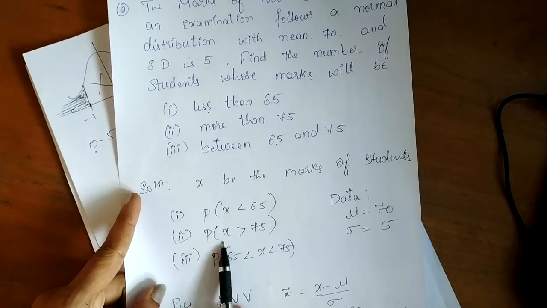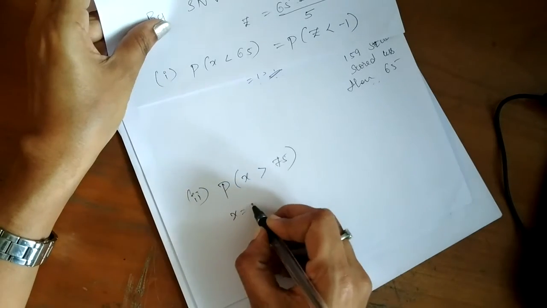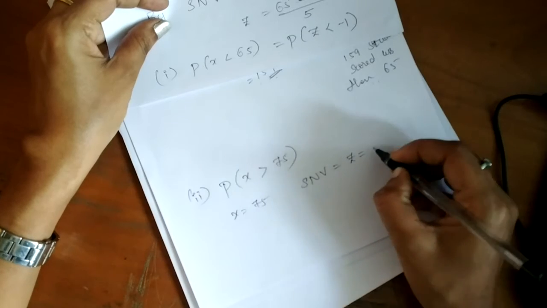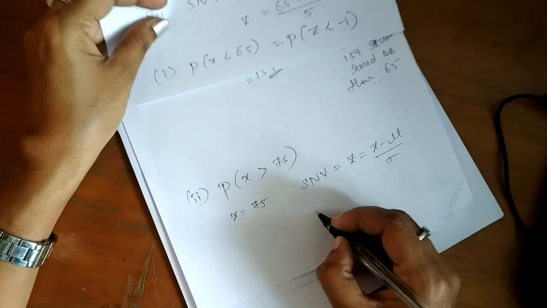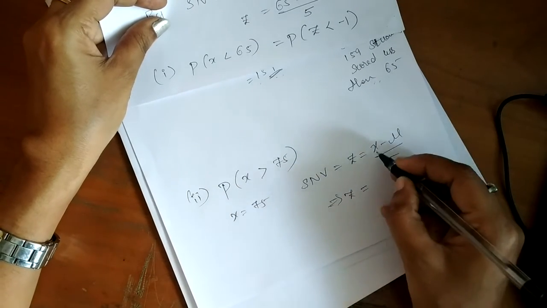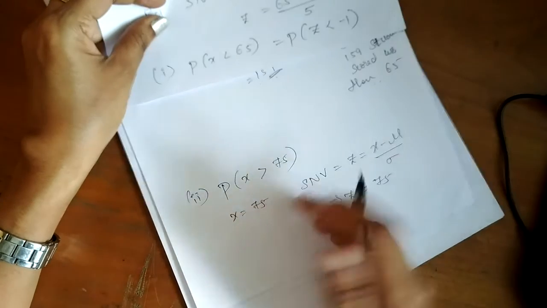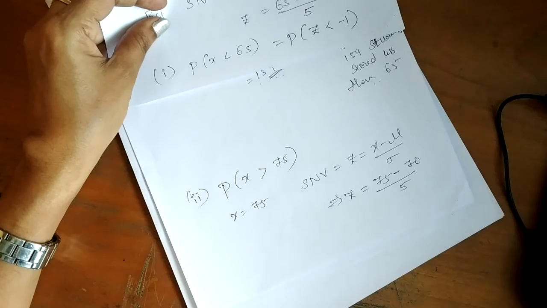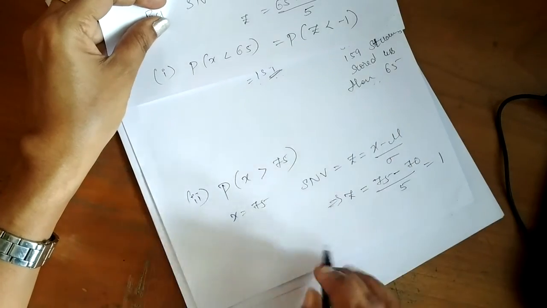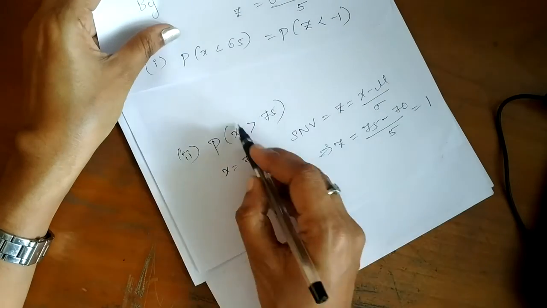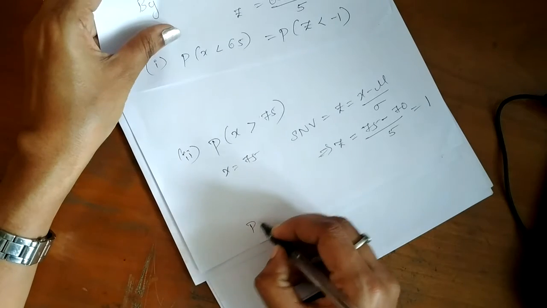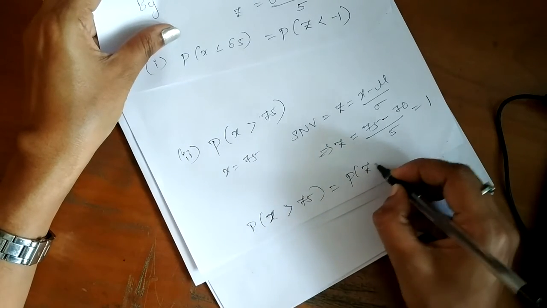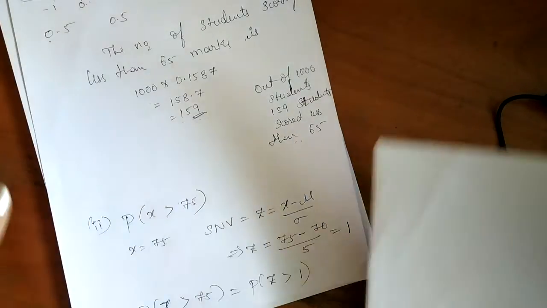More than 75 is rewritten as P of x greater than 75. Now in place of x, let me take 75. And by using the standard normal variate, what is the standard normal variate? It is z is equal to x minus mu divided by sigma. Now x is 75, so 75 minus mu, which is 70, divided by sigma, which is 5. Now when you simplify this, you will get 1. Now in place of 75, I can put 1. So P of x greater than 75 can be written as P of z greater than 1. Now by using the normal probability curve,